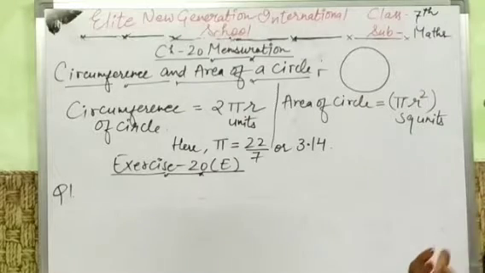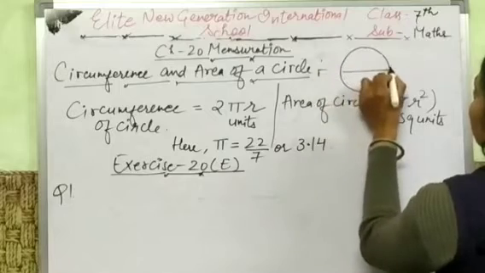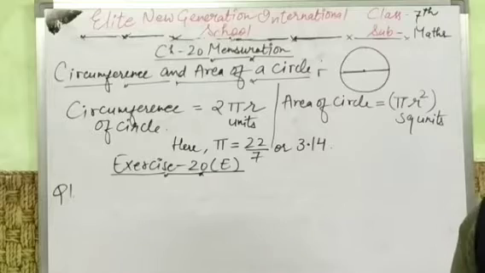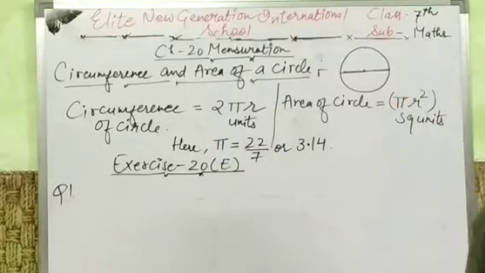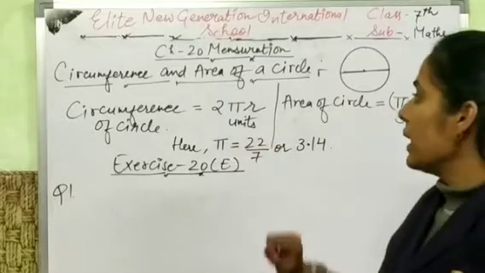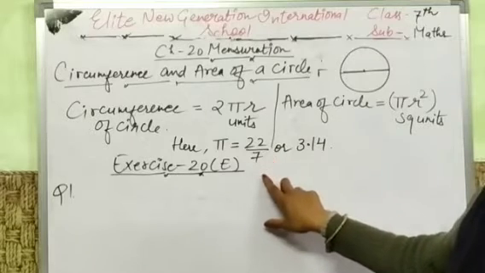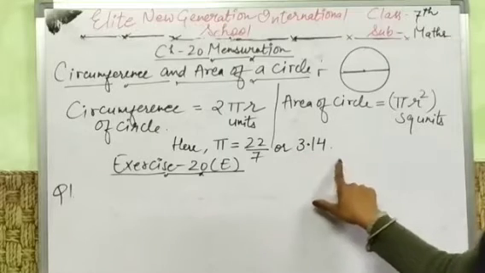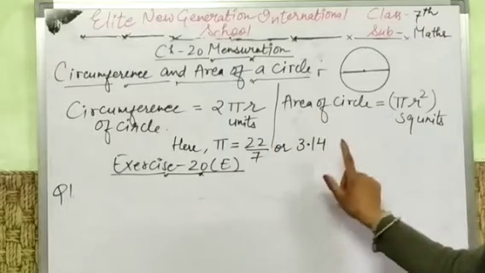And here we generally say that the ratio of the diameter of the circle and the circumference always remains constant, and it is equal to pi. It is denoted by this pi, and the value of pi is fixed in fractions as 22/7, or in decimal form generally we take the value 3.14. Okay, you have to remember these two values, 22/7 or 3.14.